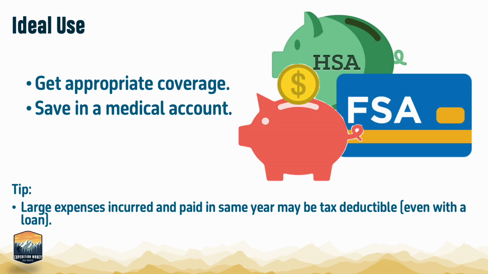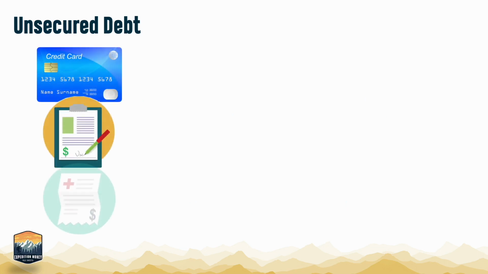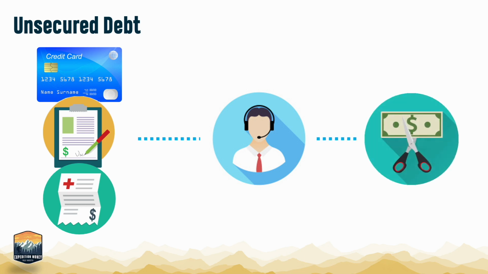Now, I'd like to pause here for a moment because all of the debts that we've discussed so far, credit cards, personal loans, and medical debts, are what we call unsecured, which means the only thing backing them up is your promise to pay them. They aren't secured, or what we call collateralized, by other accounts you might have. In fact, collectors are often aggressive on these types of debts because that's about all they can do to collect. Yes, they can sue you and even garnish your wages, but beyond that, they don't have a lot of options.